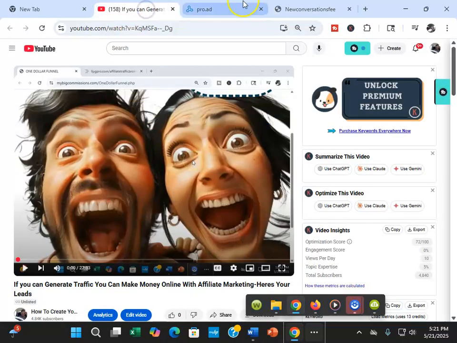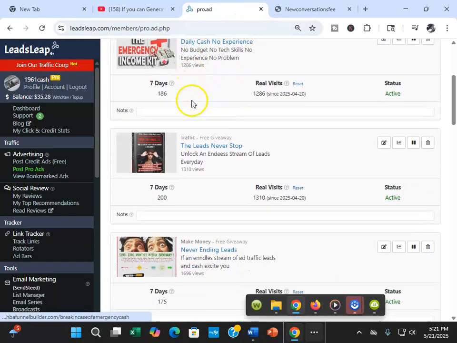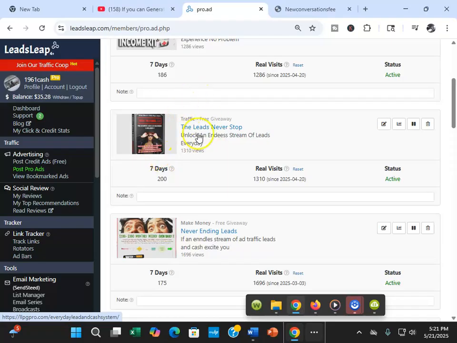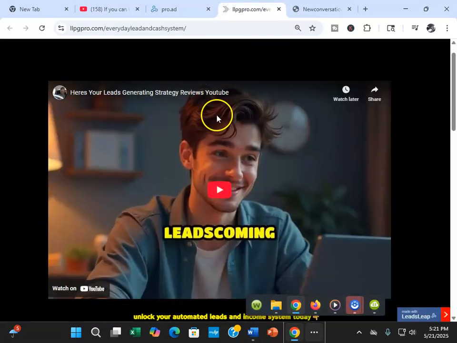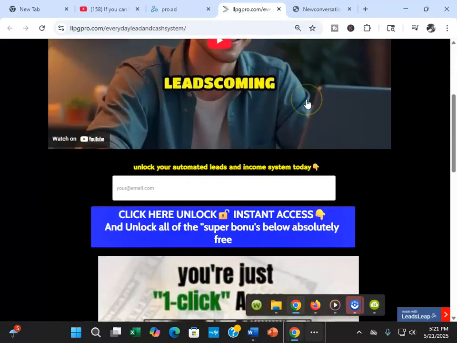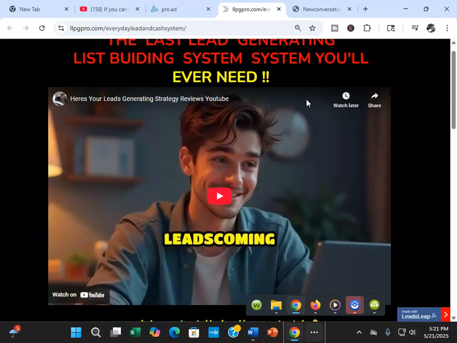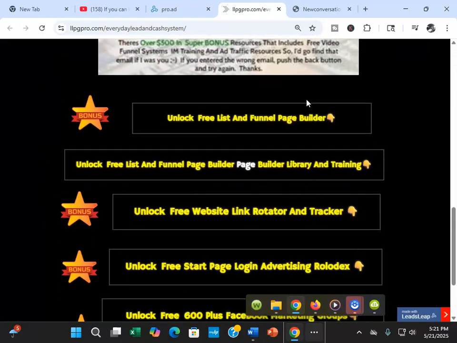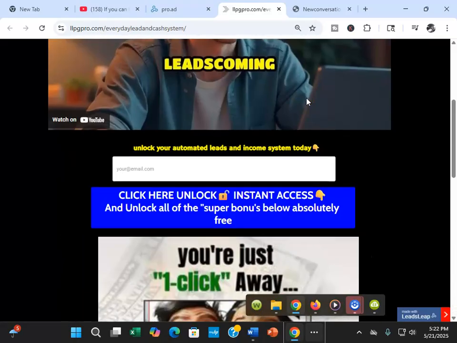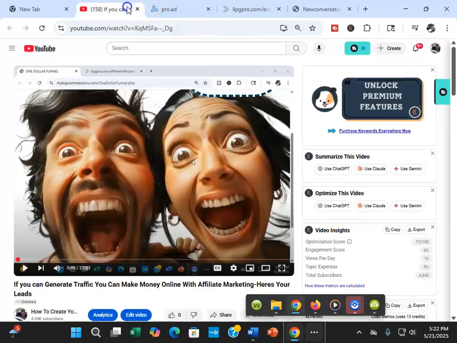So let's get back to Leads Leap. And so, same thing, right? People see, they're inside of Leads Leap. They see your blurb, because you get to put a little blurb over here, right? They click, and then they are, of course, this is a lead capture page this time, right? So, obviously, I fill out the bonuses. So I'm redirecting to a page like that in that instance, right?